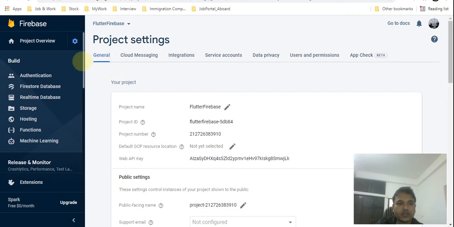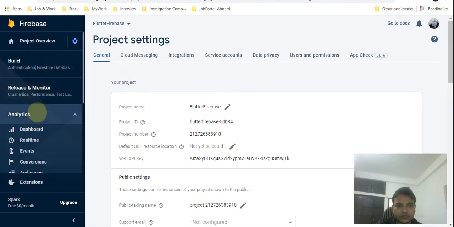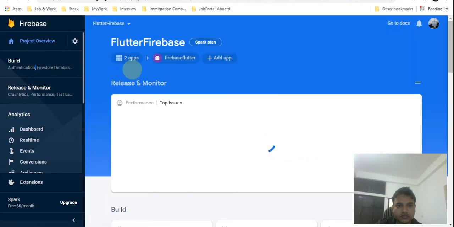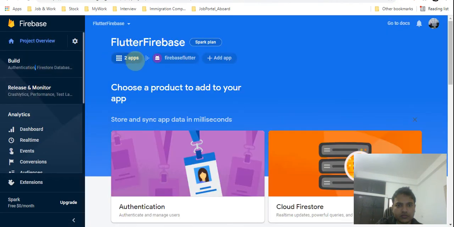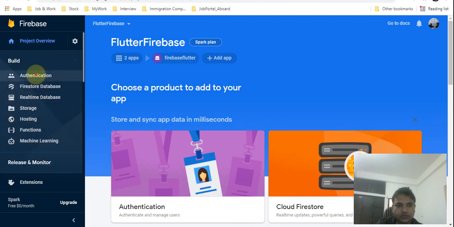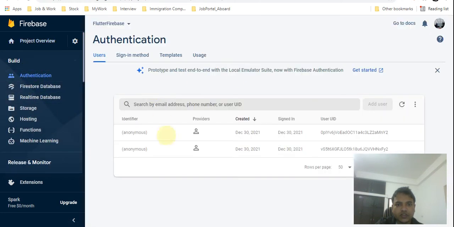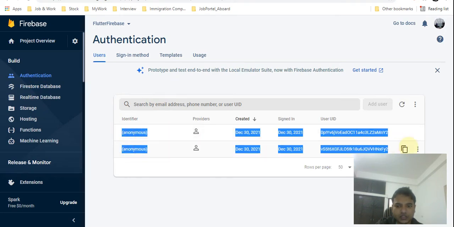We can go to the authentication of your project and get to the user list. This will also help you check it. Here you can see the users are already created for us.